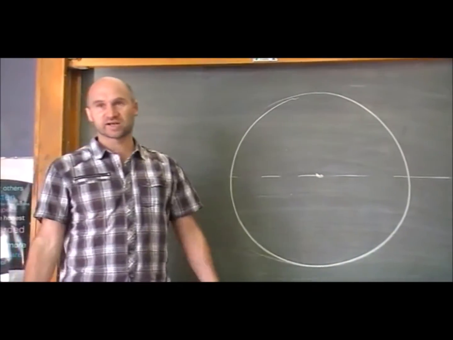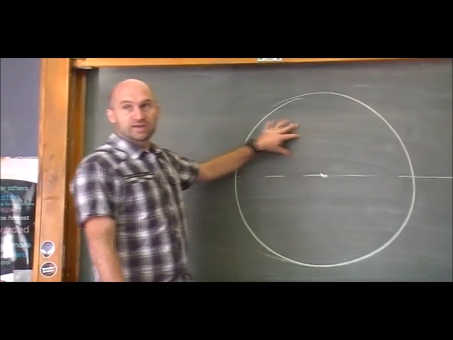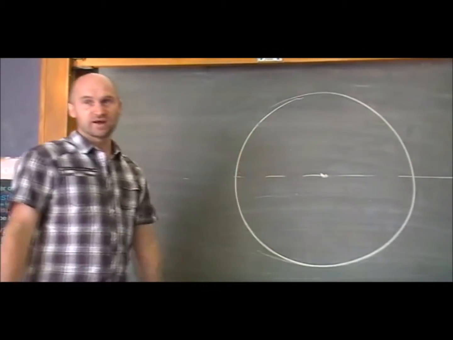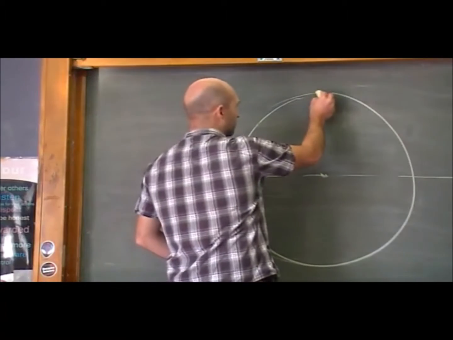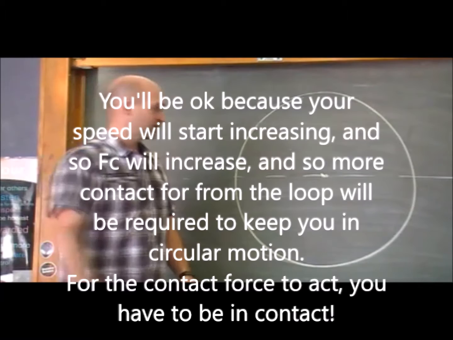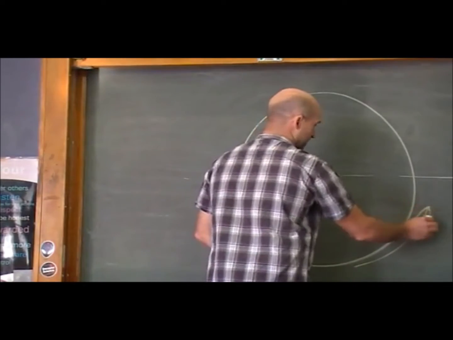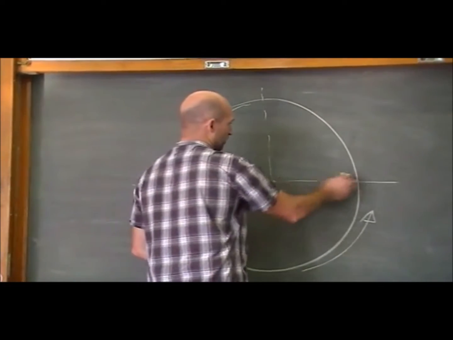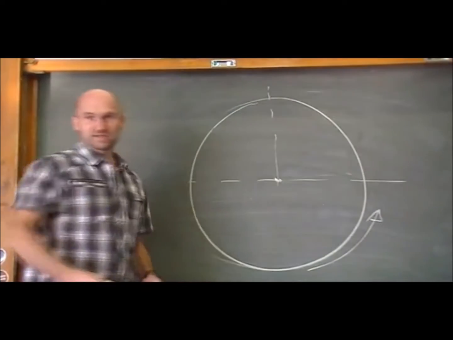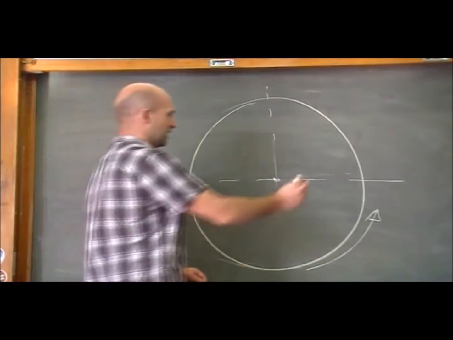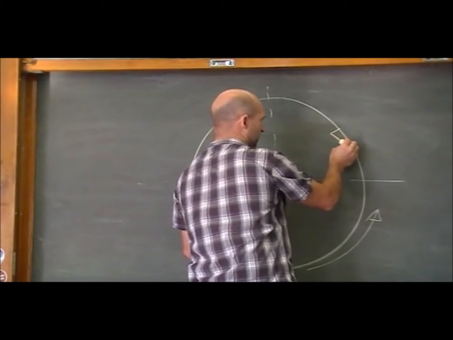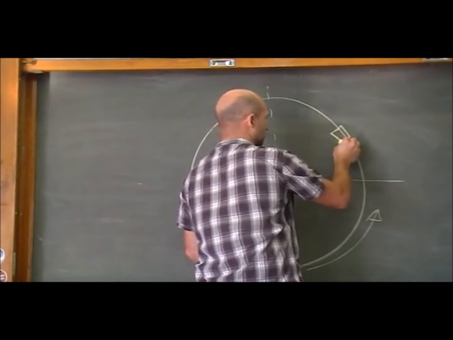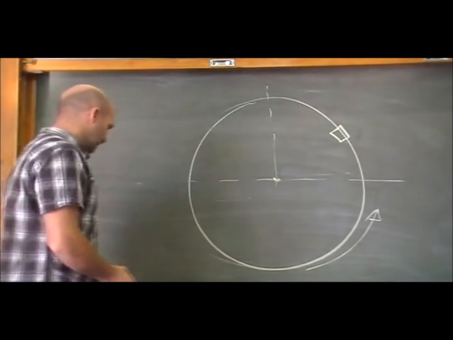So we know if things are going to go wrong, they're going to go wrong up in this half of the circle here, where things get overhanging. And in fact, if you make it past the top, you're going to be okay. So if we're going around this way, if things go wrong, they're going to go wrong in there. That's the danger area. And so let's put our little roller coaster on there